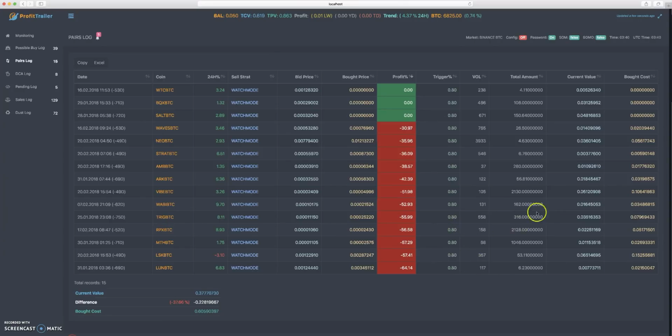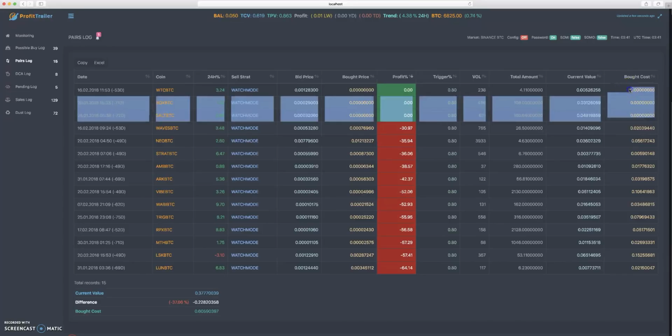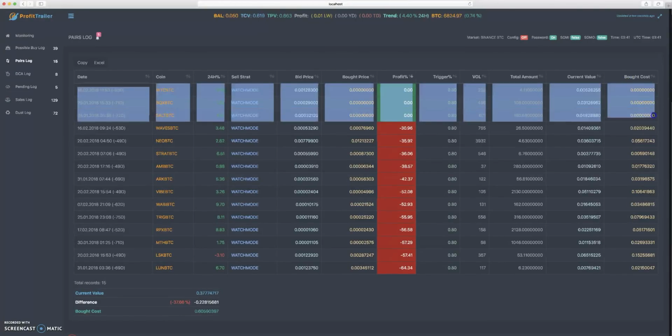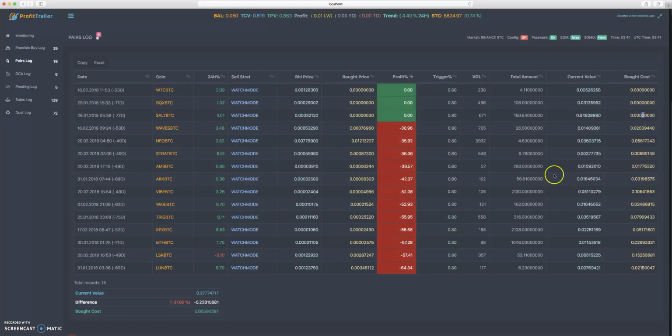What I did was I calculated my bot cost. Here Profit Trailer has calculated these ones. These ones got lost, so you'll just have to go into Binance and look at what you actually purchased these coins for. Then I look at my total amount of coins and how much they're going for on the open market, and I will divide this by 10 or 15 different parts. Once I have one part of those, so 316 divided by, we'll say, 15,